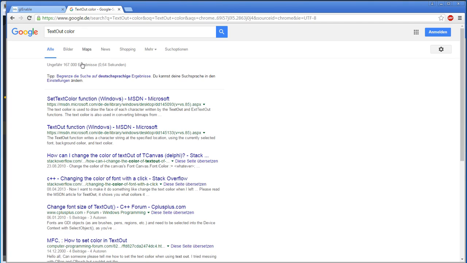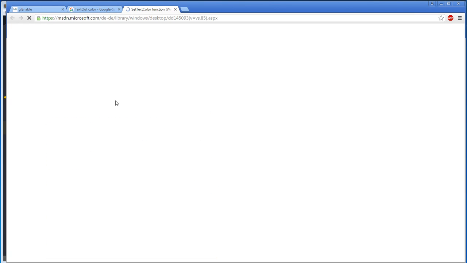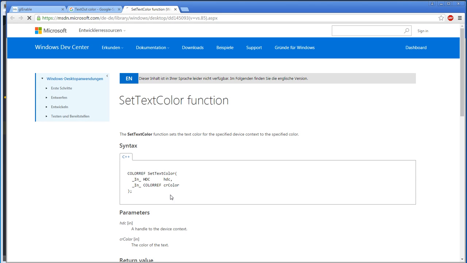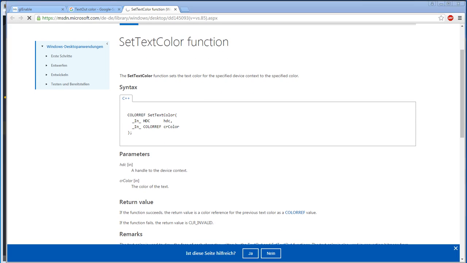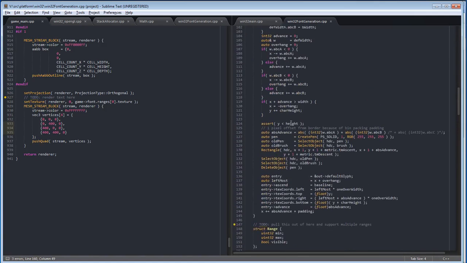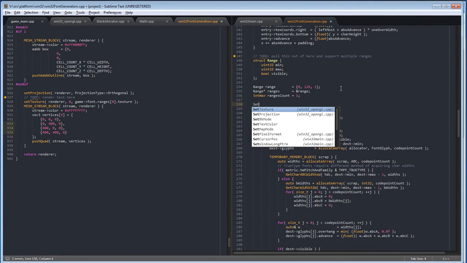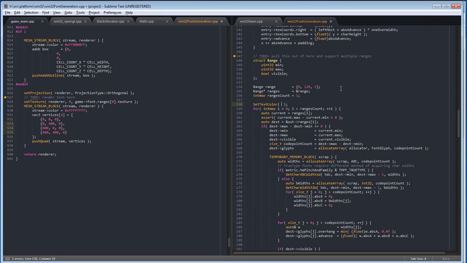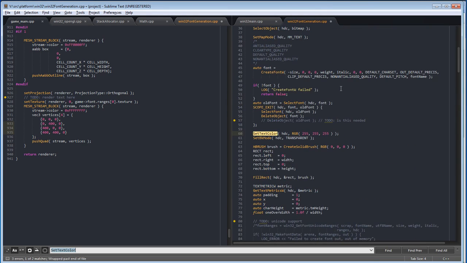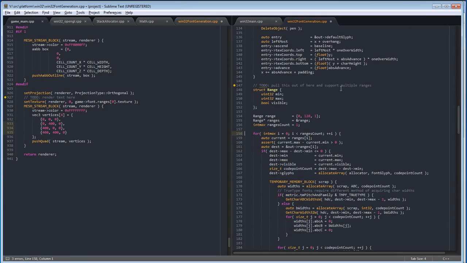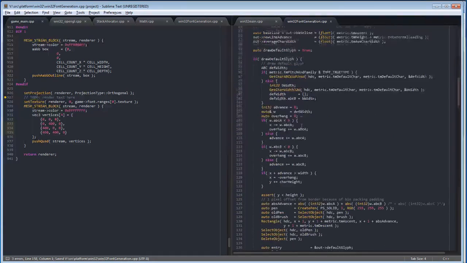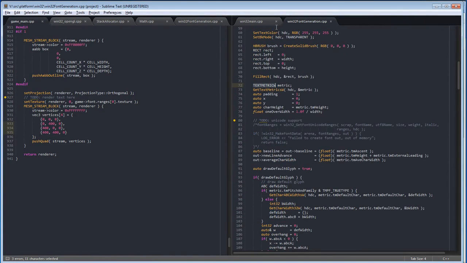How do I set the color? Set text color. No, I did call it already. So it should be rendering